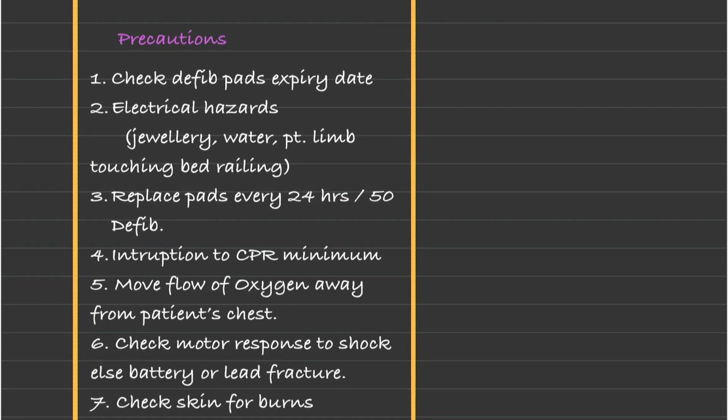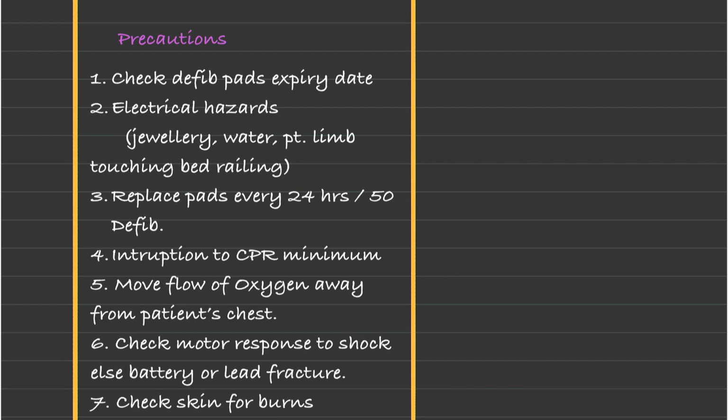What precautions have to be taken? Precautions are, we have to check for the expiry dates of the pads. Patient should not be wearing any jewelry, patient should not be wet, there should not be any water on the body parts. Patient's limb should not be touching the bed railing, and we have to replace pads every 24 hours or after